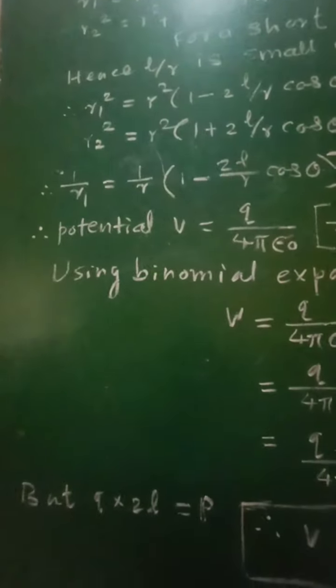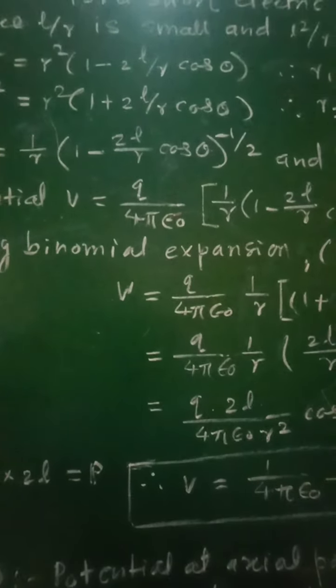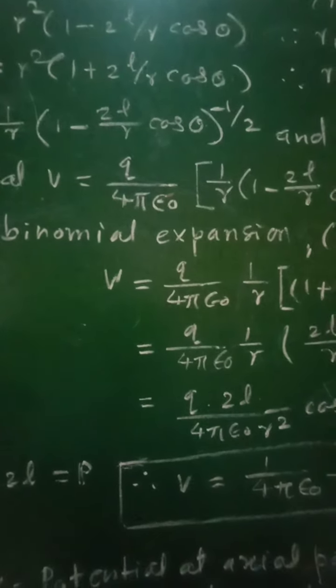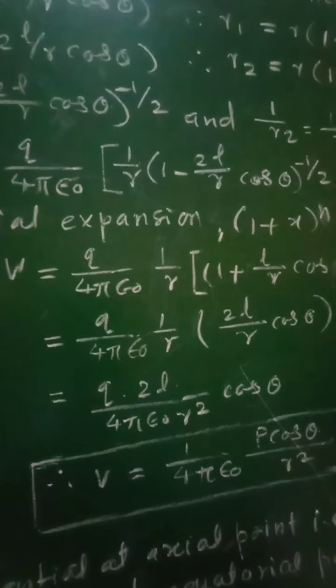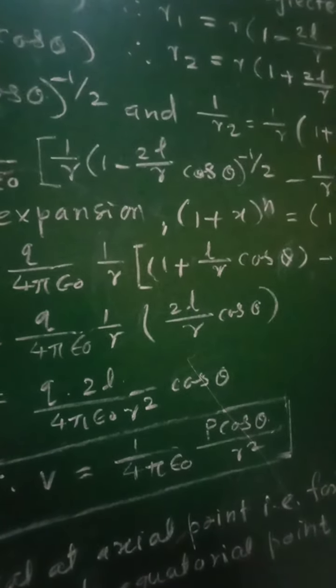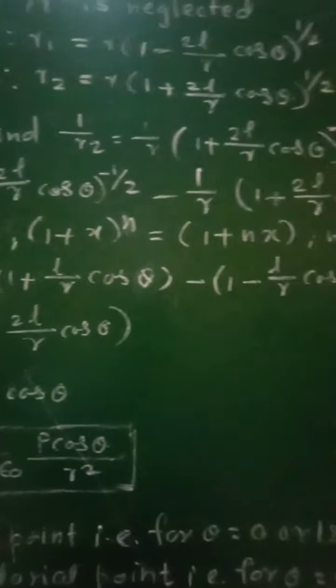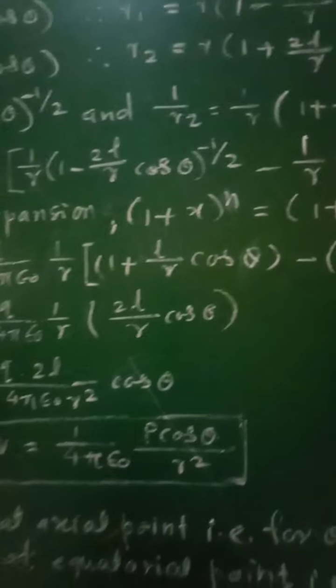Therefore, now the potential phi will be equal to, putting values of 1 by r1 and 1 by r2, phi equal to q upon 4 pi epsilon 0 into 1 by r into 1 minus 2L upon r cos theta raised to minus half minus 1 by r into 1 plus 2L upon r cos theta raised to minus half. Then here in this case